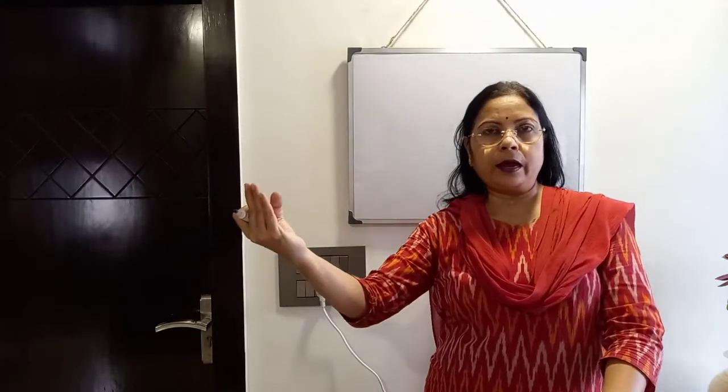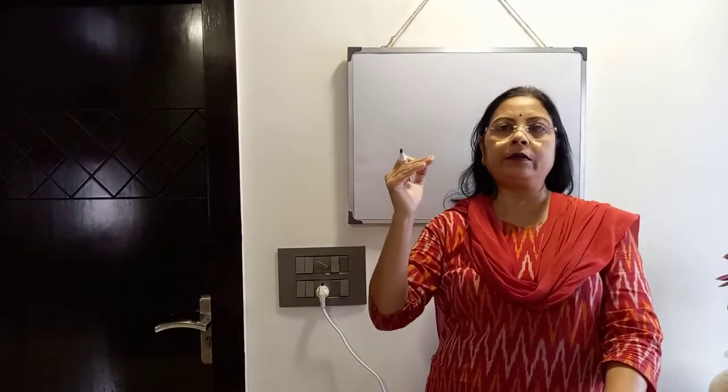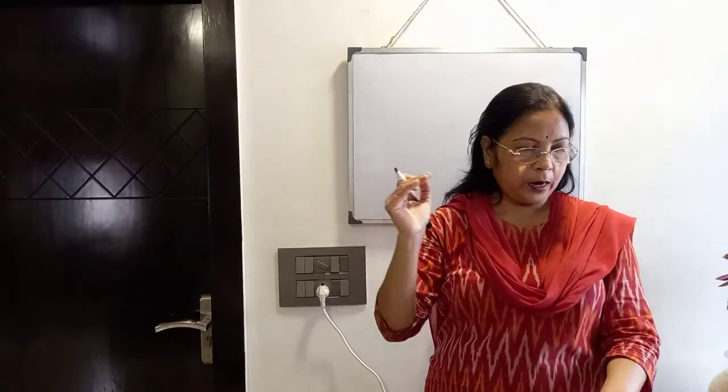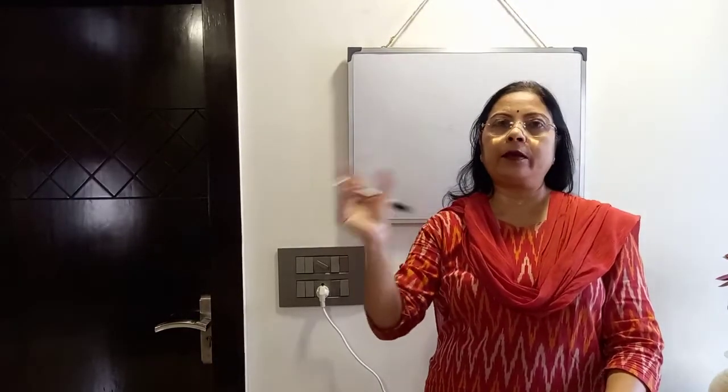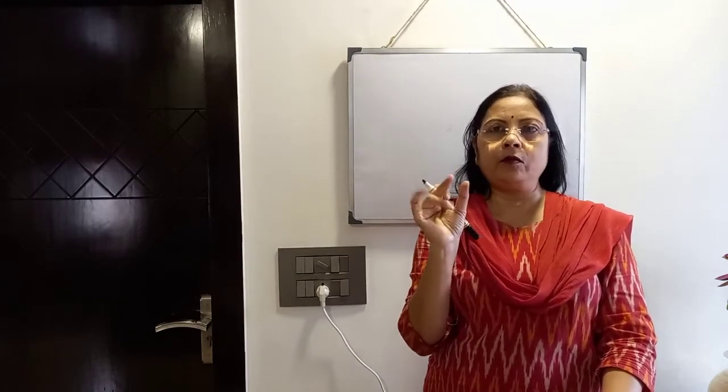Clear? h is unknown. And on that side, what is the formula of the volume of a sphere? 4 by 3 pi r cube. Here r is given. So on the right side everything is known, and on the left side r is known, only h is unknown. That you have to calculate. Clear? So I am writing